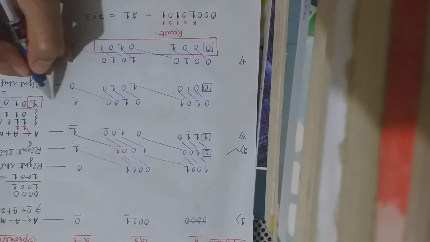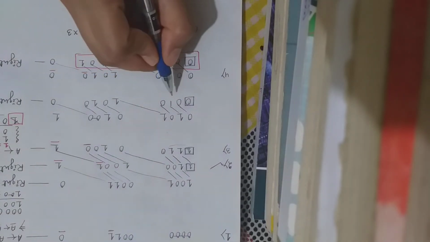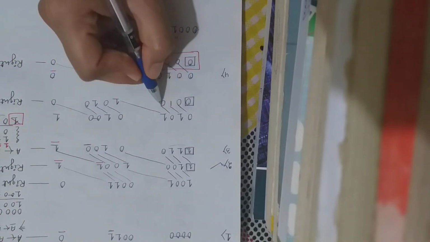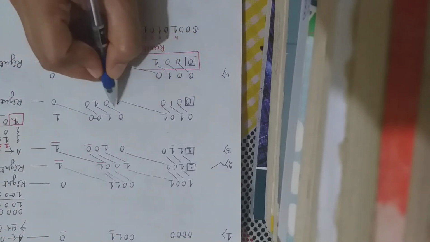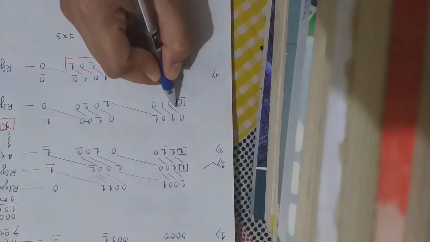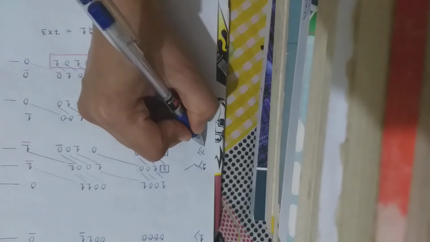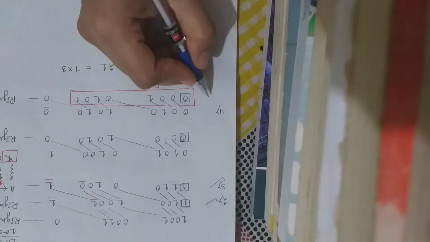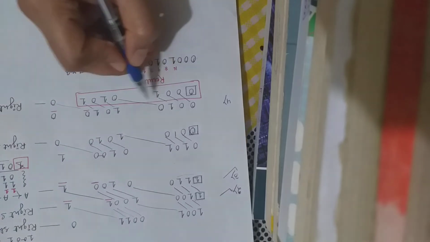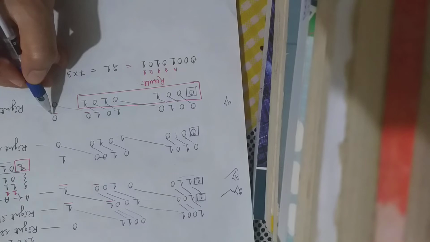But here it will not stop. It will right shift the registers A, Q naught, Q minus 1: 0 1 0 1. This will take the right shift 0 1 0 and the final 0, and the blank space will be filled up with 0. This is step 3. In step 4, the new value of the accumulator is 0010, Q naught is 1010 and finally Q minus 1 is 0.